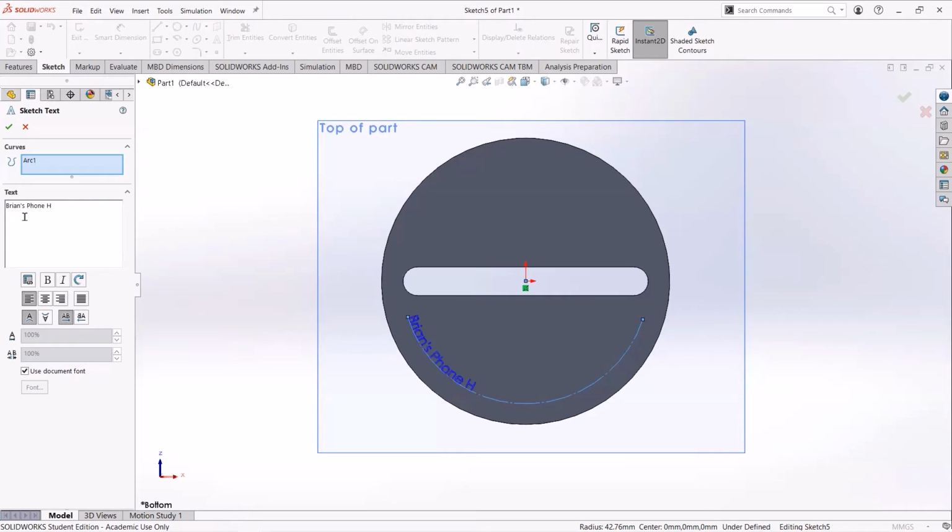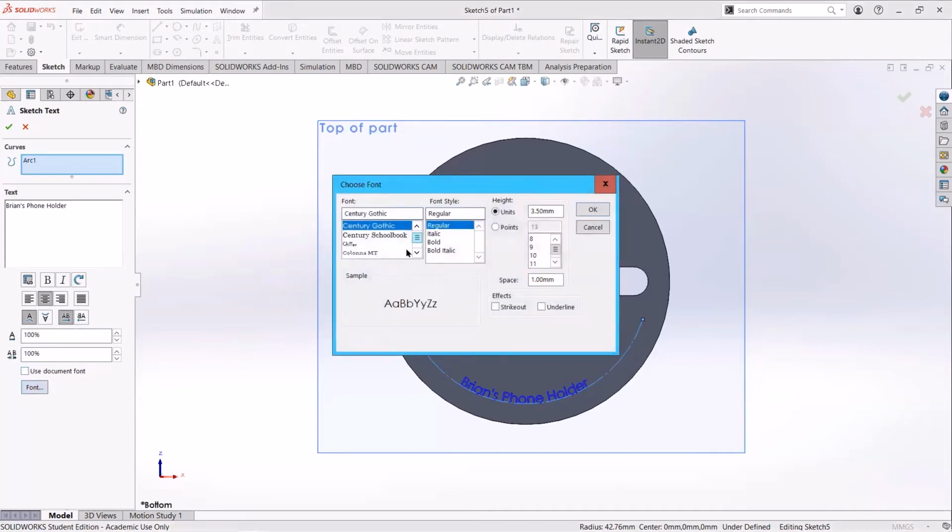And to center it, there's the centering button right here. So you just click that, and you can do bold. You can actually also do different fonts by clicking on this checkbox so that it's not checked. And then you click on font, and you're able to change the font to all of these. Actually, I think you're able to download other ones, but we're just gonna do this font because